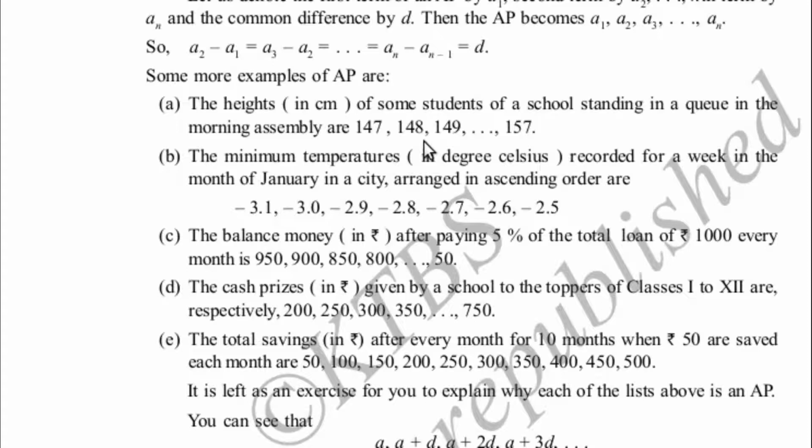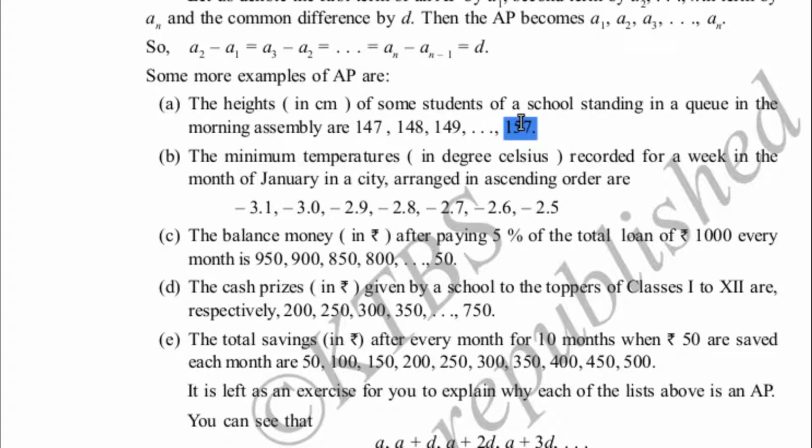In these examples we can notice that all the examples are of type finite arithmetic progressions. In the first example, the height of the first student is 147 centimeter. The height of the last student is 157 centimeter. Here the first term is 147 centimeter and the last term is 157 centimeter. In this case we can count the number of terms in the list since it has got the first term